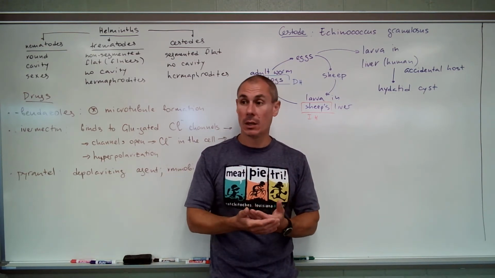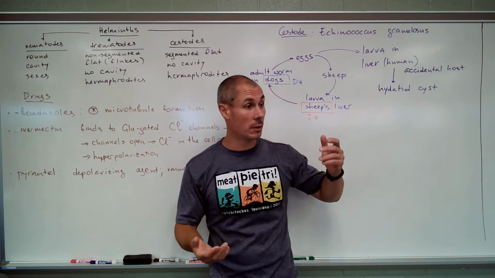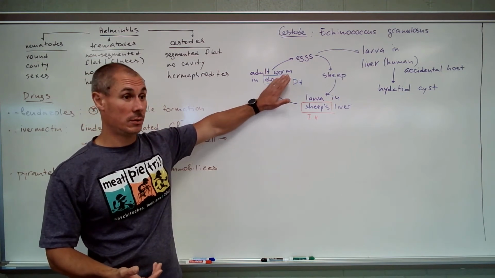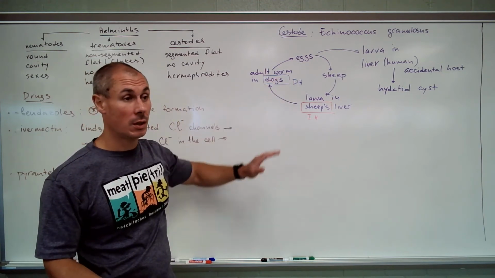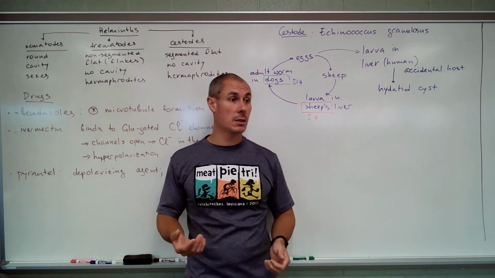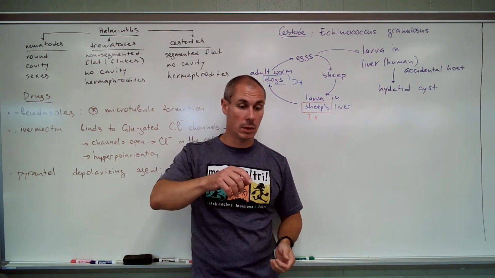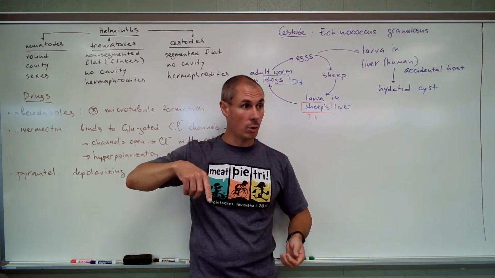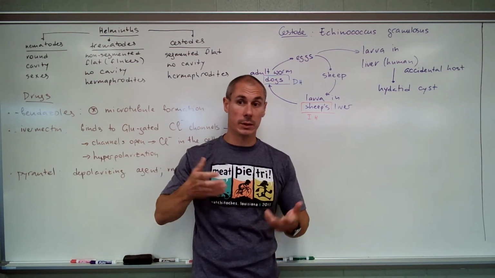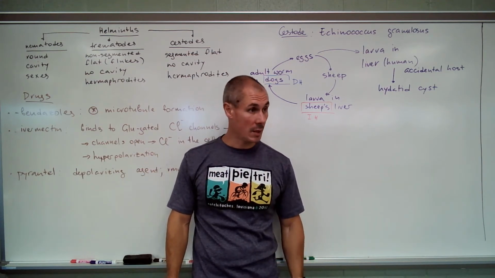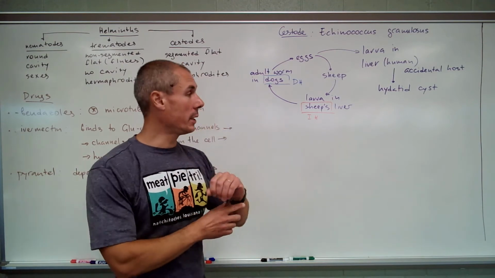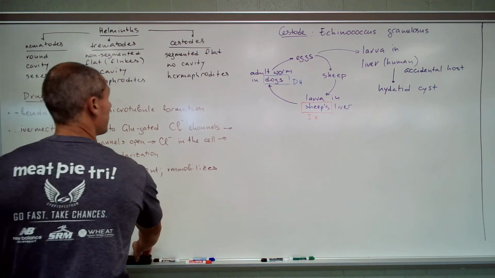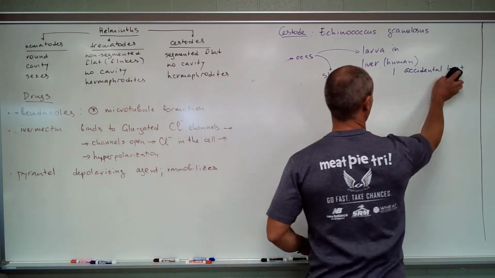Does that make sense? Treatment is pretty simple. Well, first of all, just don't do this, and the problem is solved. Just don't feed liver to the dogs. In humans, if they develop hydatid cyst, the treatment is you aspirate the fluid very carefully, wash the cyst with alcohol, aspirate the alcohol, and that's it basically. Okay, that makes sense? So it's mostly in underserved and underprivileged areas. Now let's talk about a couple of trematodes.